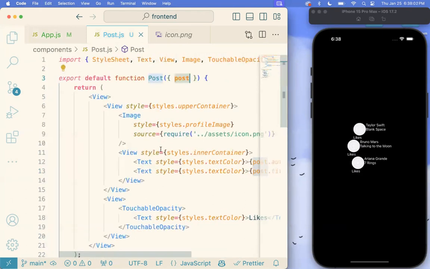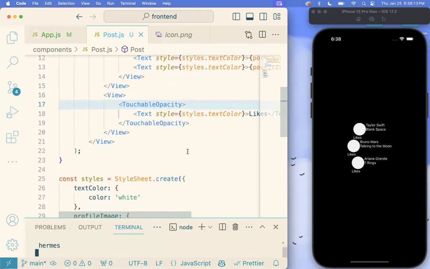Okay, Max, do you want me to do the touchable opacity function, or do you want to take care of it? You can do it. Okay, so one last thing I'm just going to do very quickly is illustrate this